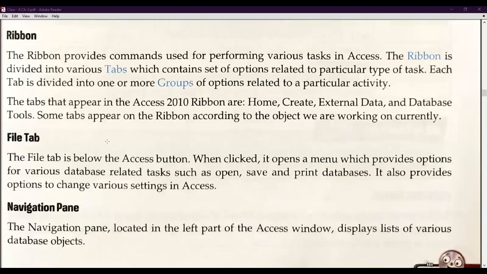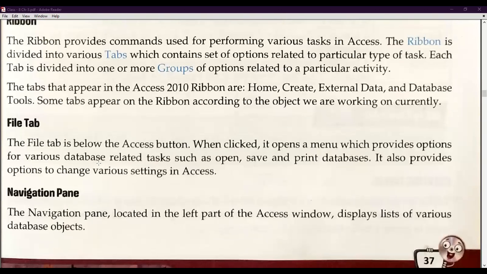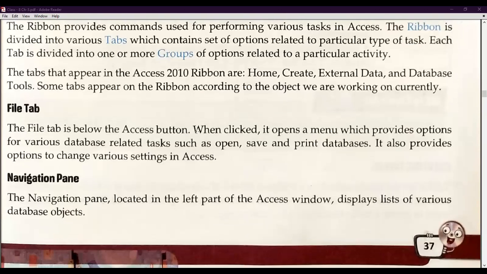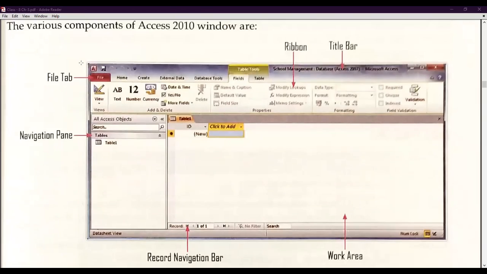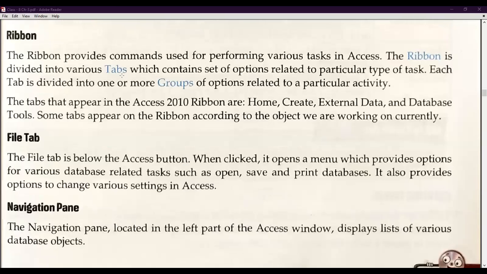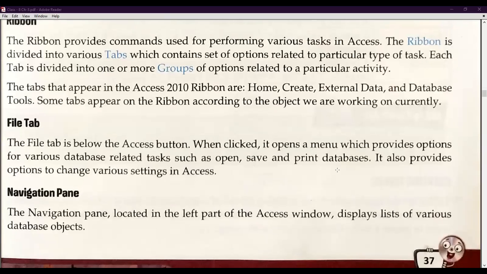Next one is the file tab. The file tab is below the Access button. As you can see below the Access button, here it is, the file. This is the Access button and this is the file tab. When clicked, it opens a menu which provides options for various database related tasks such as open, save, and print databases.